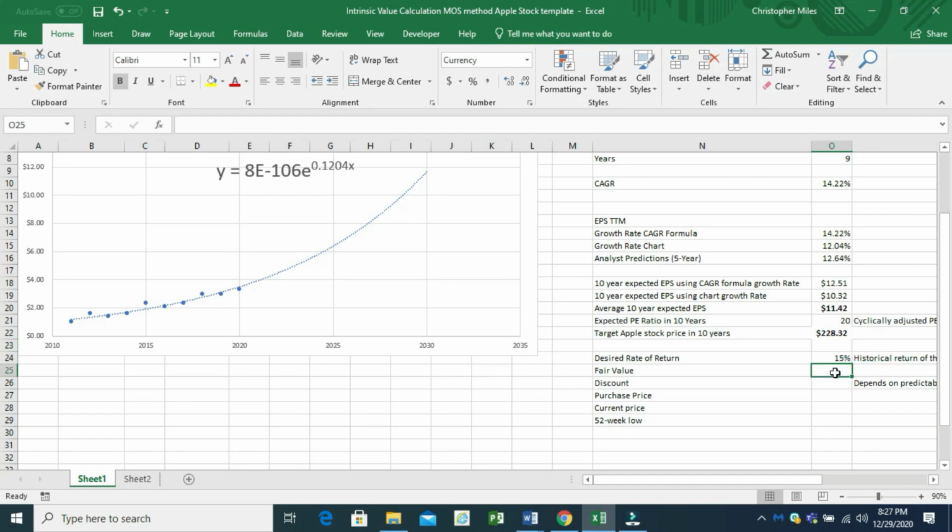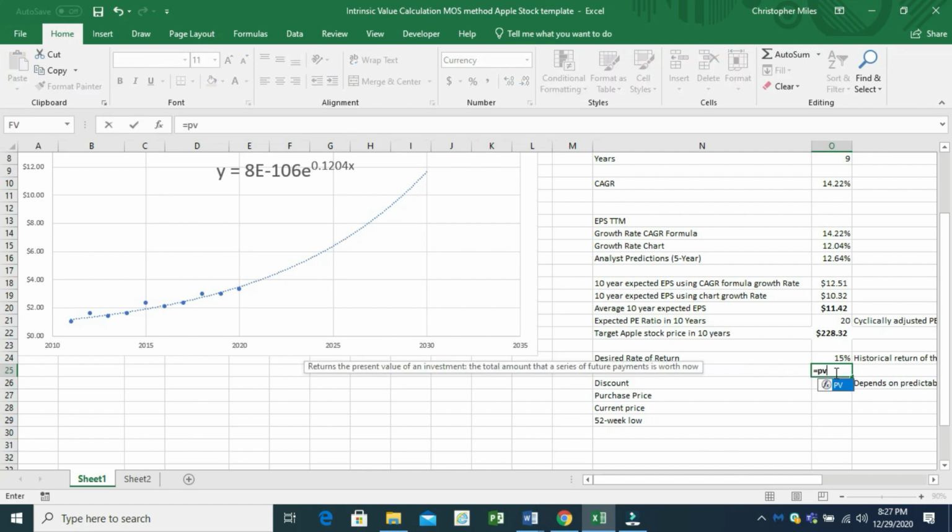So now what I'm going to do is the opposite of what I've done before. I'm going to use the present value function instead of the future value function. So I'm just going to type that in. That starts with PV, brings up the present value formula. I'm going to enter the rate I'm expecting as a return, which is 15%. Number of periods, again, is 10. Payments, again, is 0. And the future value, again, is a negative number,